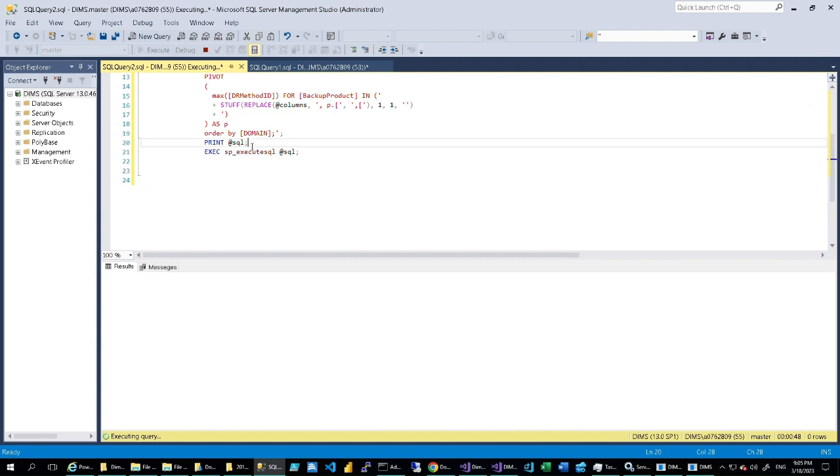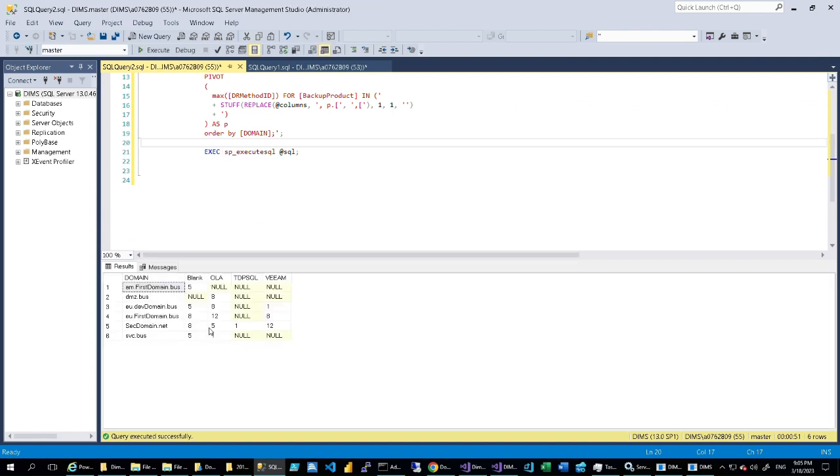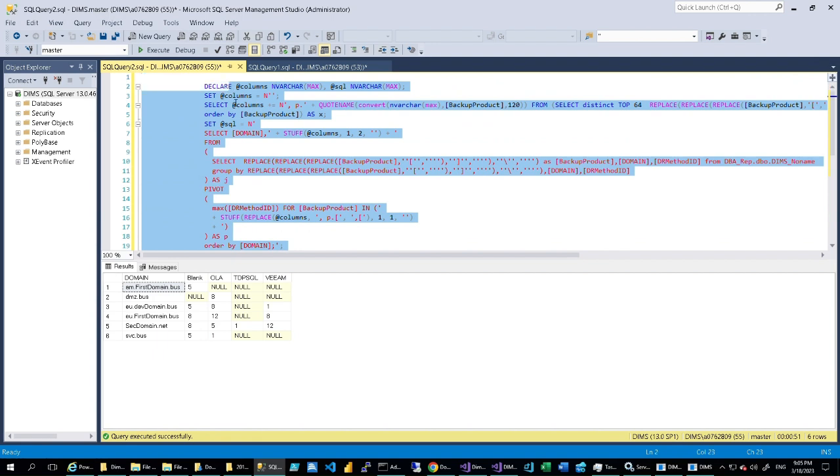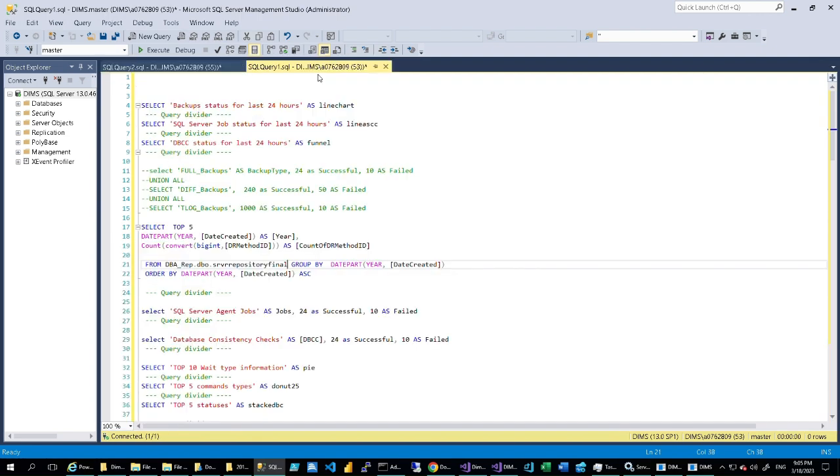print SQL. We can delete also this one. We don't want to have that on the other. Okay, and we have this one. This is the output, 5 5. Okay, let's say that this is good enough for us. We might have declare columns. Control C. We just take this and